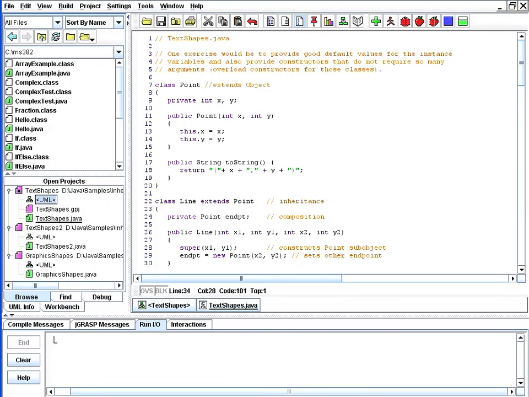And when we start out, we'll simply have a text-based output where these shapes will draw themselves by merely sending text to the console. This will allow us to keep our examples simple and build on these capabilities one element